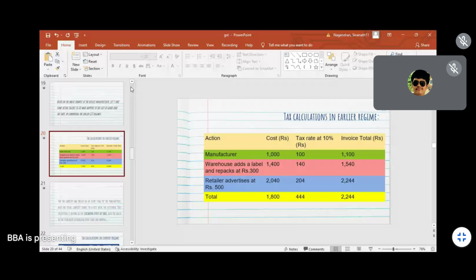Okay. Actually, this is the earlier regime, that is, during the time of VAT, how the tax has been calculated. This is how the tax has been calculated at the earlier stage. Suppose the cost of the product, that means how much money is incurred for manufacturing a product. It includes raw materials price and labor cost and packaging from the manufacturer's side, the basic first level packaging, everything, right? Various factors we have studied actually.